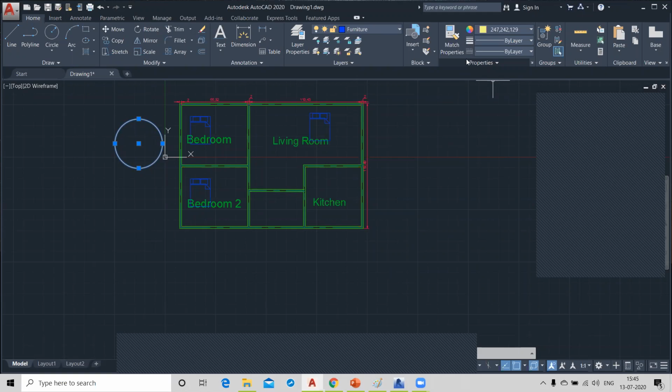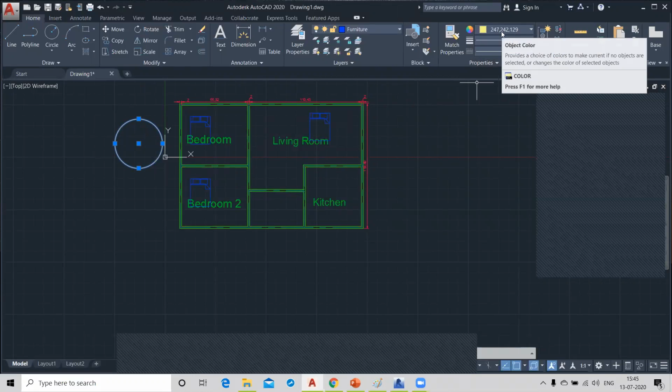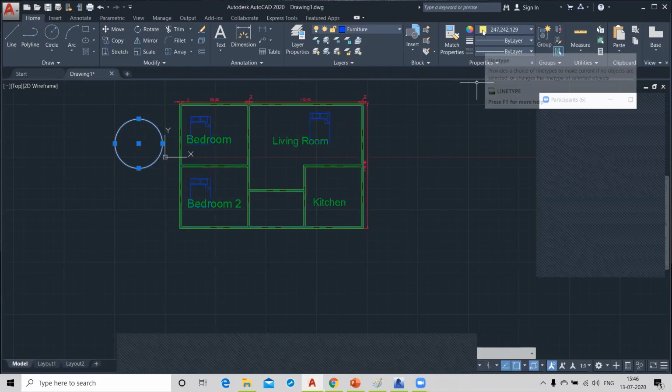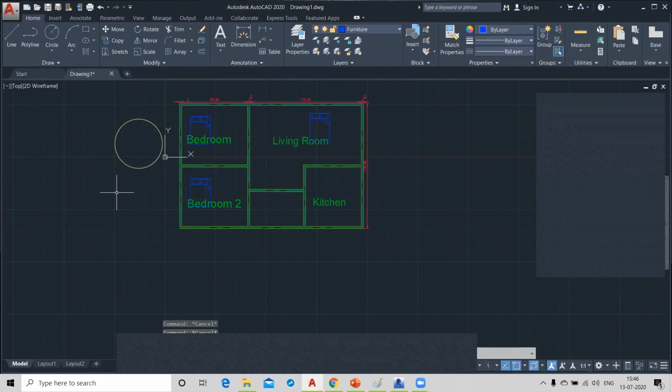But if you want to assign a ringtone to a particular contact, you go to the properties of that contact and you have the option to assign another tone. Similarly, you can assign the property of an object directly from here. It will apply to the particular object which you select.